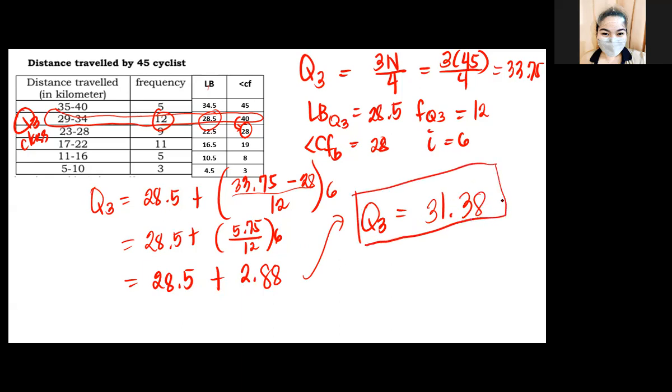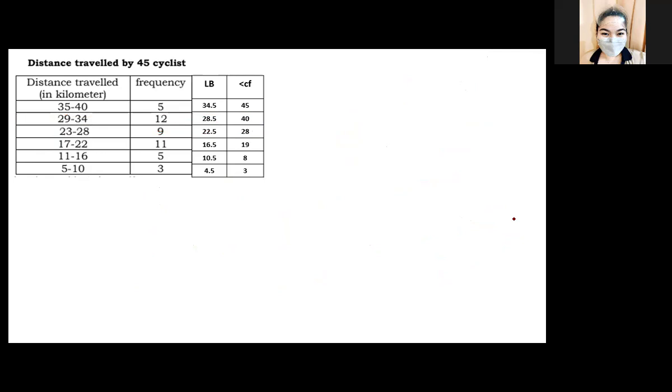At sa 31.38 po, makikita nyo, included siya sa 29 to 34. Okay, so nandyan siya sa loob niyan. So your answer here is correct. So tapos na tayo sa lower quartile at sa upper quartile. Move naman tayo ngayon sa